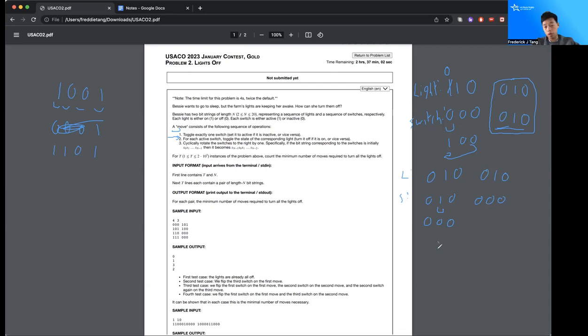And for the third move, it should be clear what we should do. We would toggle the second bit, the second switch, to become 0, 1, 0. And then after the operation, the light string becomes 0, 0, 0, and we rotate again. That means all the lights are off. So this took 3 moves. Cool. Now, for the fourth pair,